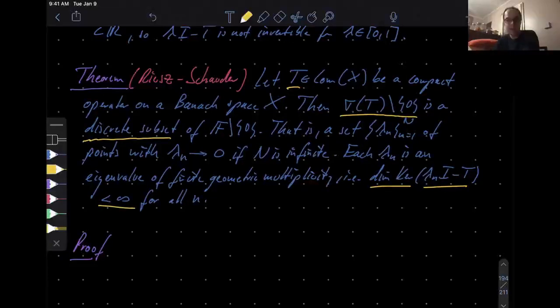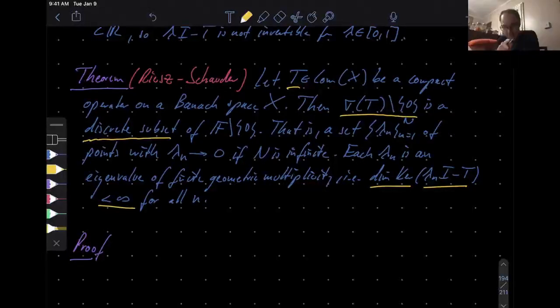It completely classifies the spectrum of a compact operator on a Banach space, except for 0. So for 0 in general you can't say much. It is in the spectrum, but whether it is an eigenvalue, whether it is in the continuous or on the residual spectrum, that always depends on the given T at hand. However, all the rest,